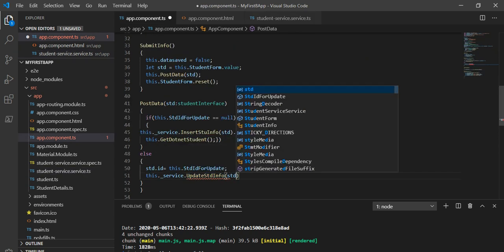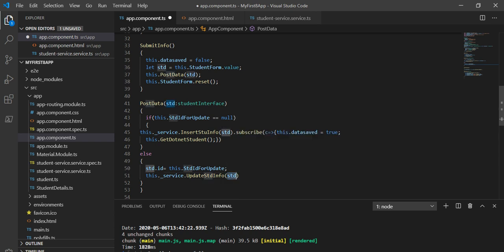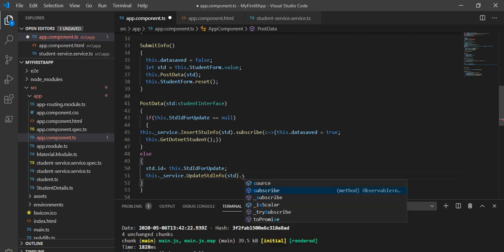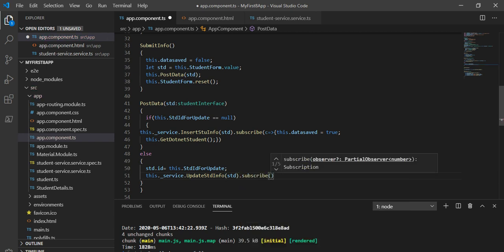So I am going to assign this std, and what is this std, basically we are taking it in this function. So std dot subscribe, we are going to subscribe, like we are going to get the response.